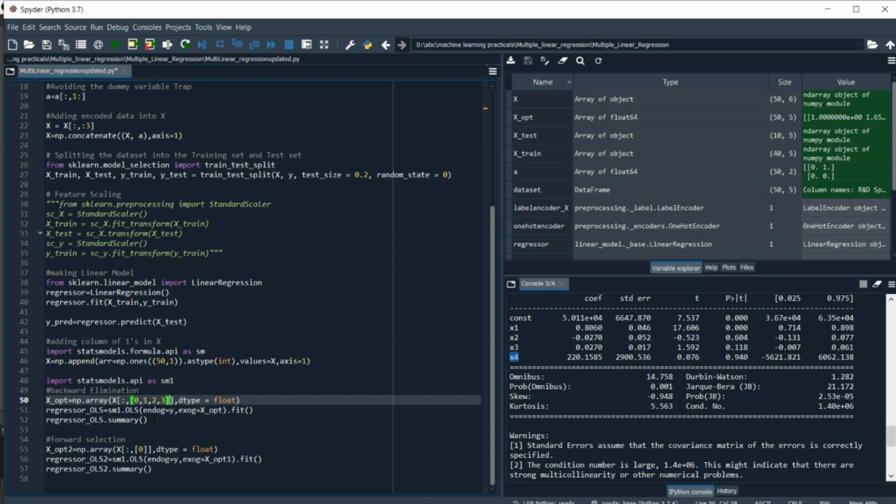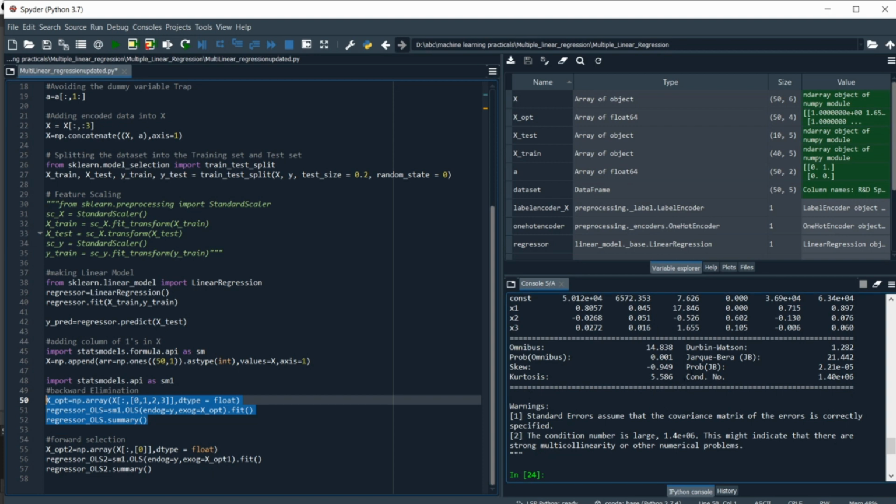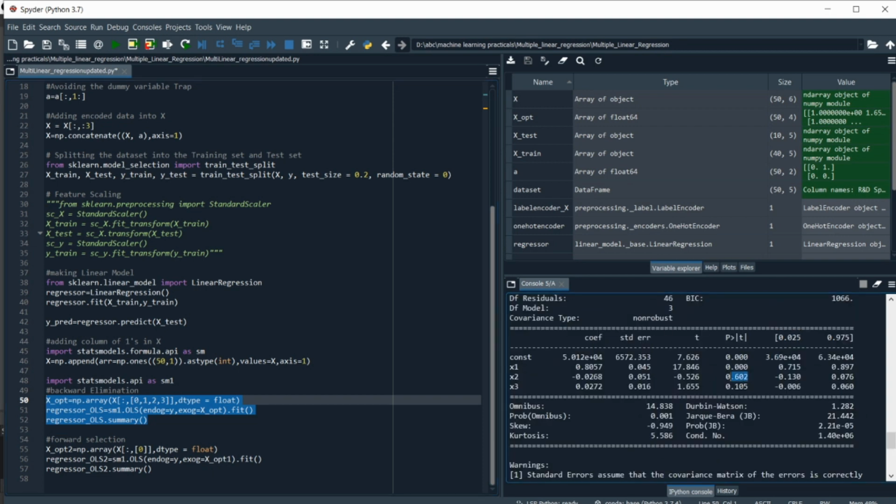Now after that we are going to execute this line of code again. Now in the new summary we can see that 0.62 is the highest value and it's greater than our threshold value, that is 0.5. So we are going to remove this column also, that is the second. So we are going to remove the second column from our collection, and then we are going to execute this